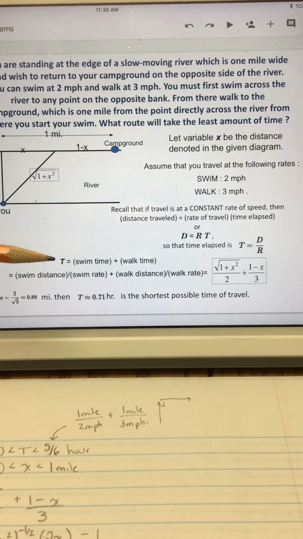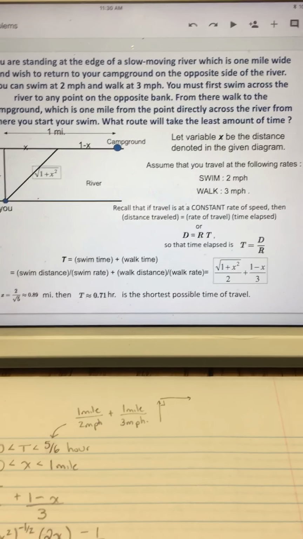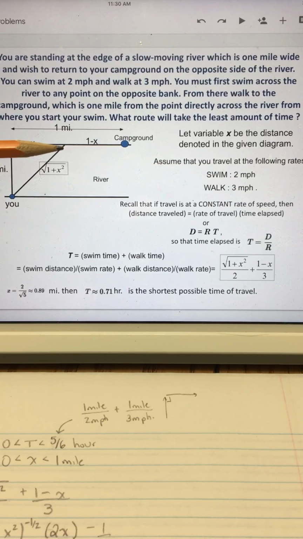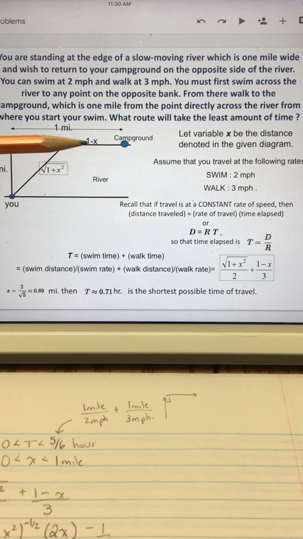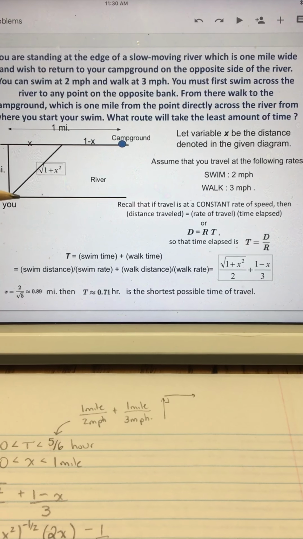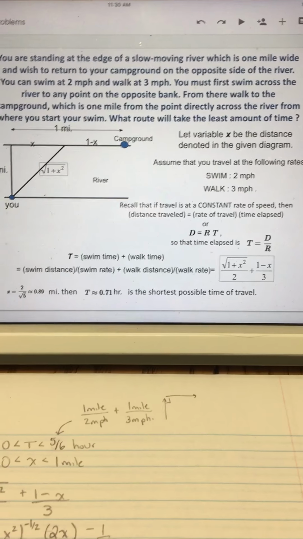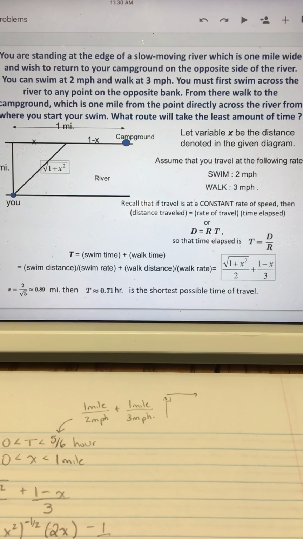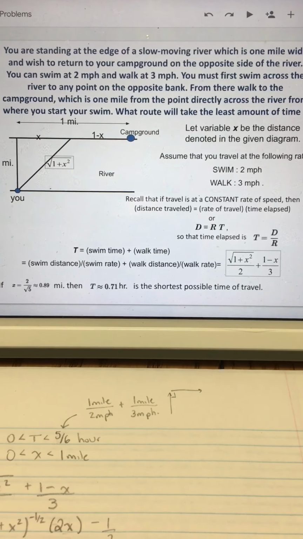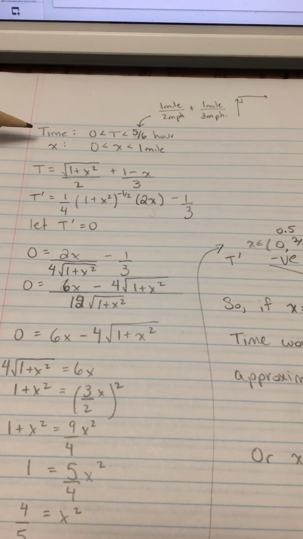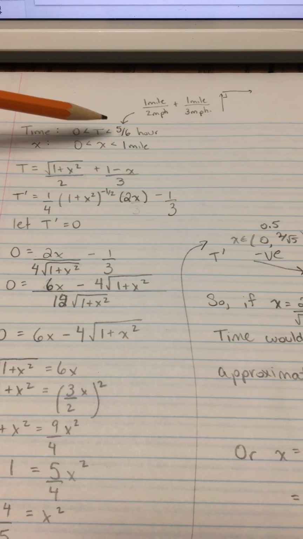And that equation will represent the time it takes us to get from where we currently are across the river by cutting off the corner and then down to our campground. So we're not exactly sure how far down we're going to have to end up swimming, but that's essentially the value that we're going to determine here. As you can see, the bottom of the slide has the answer, but we're going to go through how that answer is determined now. So we know that the time it takes has to be between 0 and 5/6 of